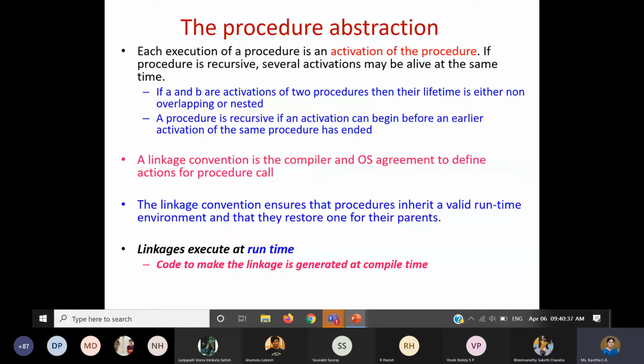So coming to the procedure abstraction, as the name itself says, it is about whatever we do for procedures, like when you have a function in the high level language and you call the function. What happens internally, maybe some people would have noticed, is that the control goes to the function start address, and at the same time the program counter maintains the return address, meaning where it has to resume and continue the execution.